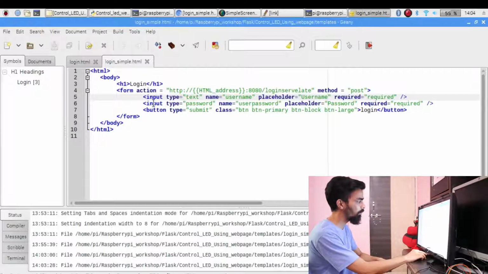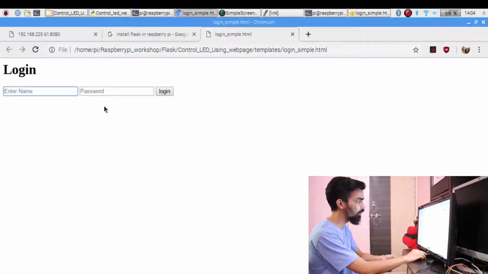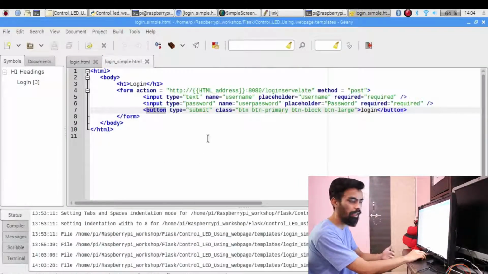Then input type, then button. The next line is button type of submit. You can see in the login page there is a login button. If you want to create this login button, you have to use the button tag. So button tag with type submit, it is a submit type of button. Then it is class, and then the name of that button you can give here.